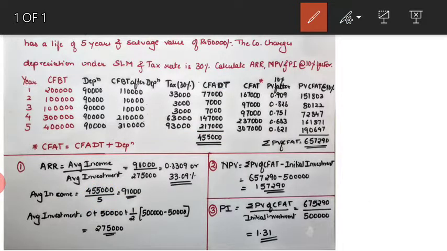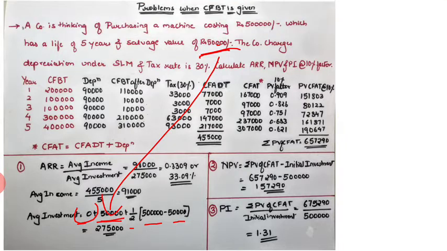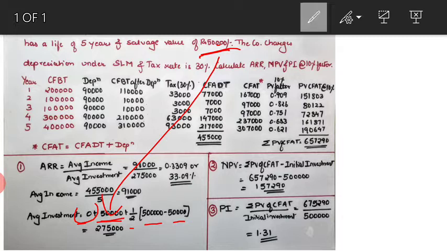Average investment is net working capital plus salvage value plus half of initial investment minus salvage value. Here net working capital is not given, so it is 0. Salvage value is given to us, which is 50,000, plus half of initial investment. We know initial investment is 5 lakh, which we have seen over here. So initial investment 5 lakh minus 50,000, the salvage value. Once you simplify this, you get the average investment as